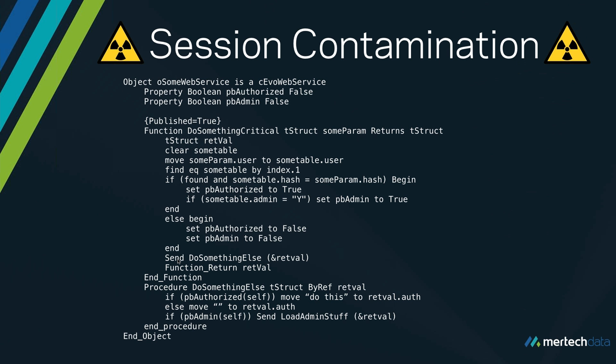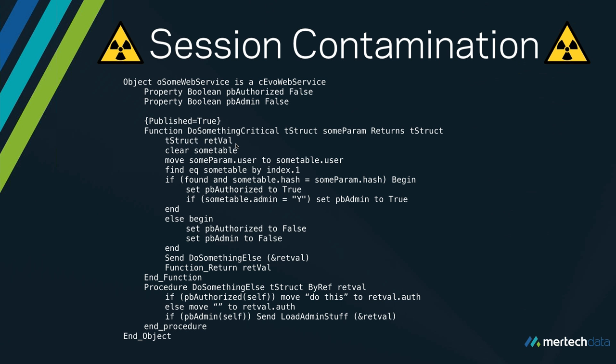And then, of course, it's going to jump down to this line where we say do something else. If it's authorized, it's going to do the authorized bit. If it's an admin, it's going to go off and do the admin bit. Everything's fine and dandy. Now this function gets called again by an authorized user